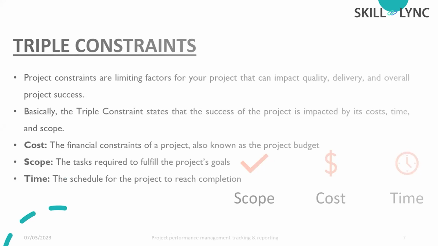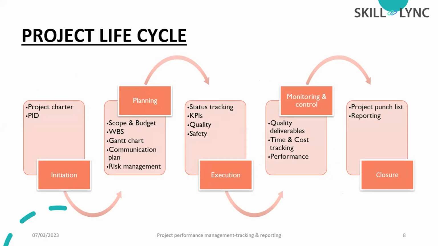And the next will be the project life cycle. We understood that we have 3 parameters to look for the performance measurement and monitoring. And what are the phases of a construction project? As we have explained in the introduction itself, for a construction project, the life cycle can be divided into 5 phases. The first phase will be the initiation phase, and the last phase will be the closure phase.